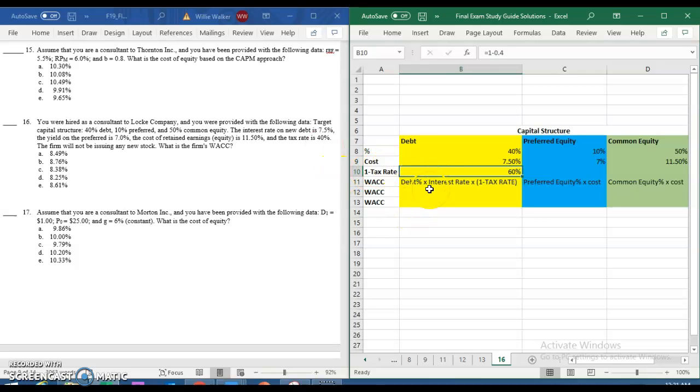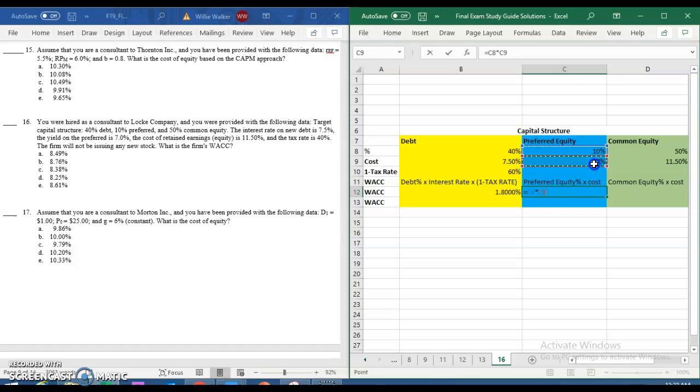Okay. So now if I use this formula, I take the percentage of debt, which is 40%, multiply that times the interest rate, multiply that times the 1 minus the tax rate, we're given 1.8%. Okay. For the preferred equity portion of the capital structure, we just multiply the preferred equity percentage